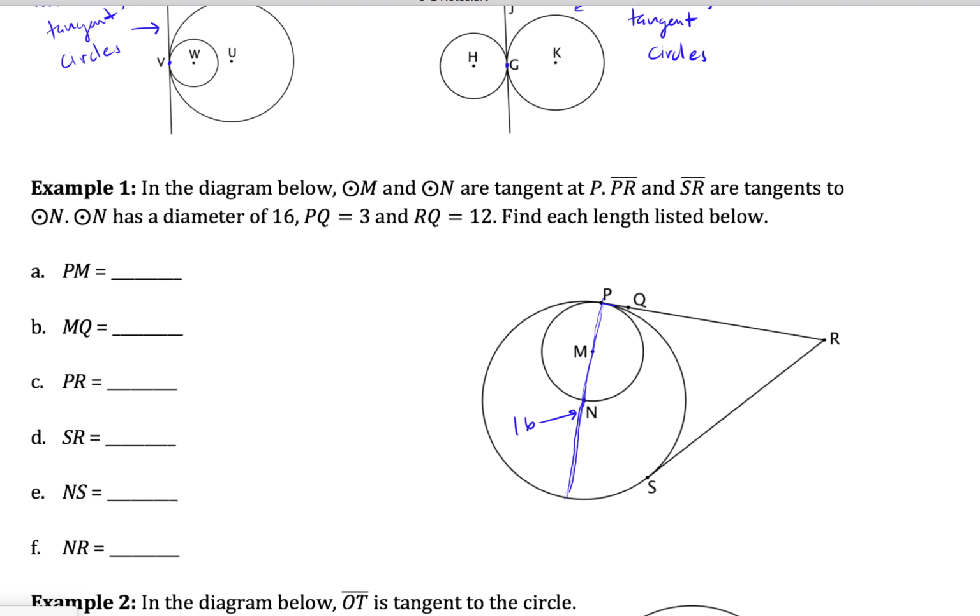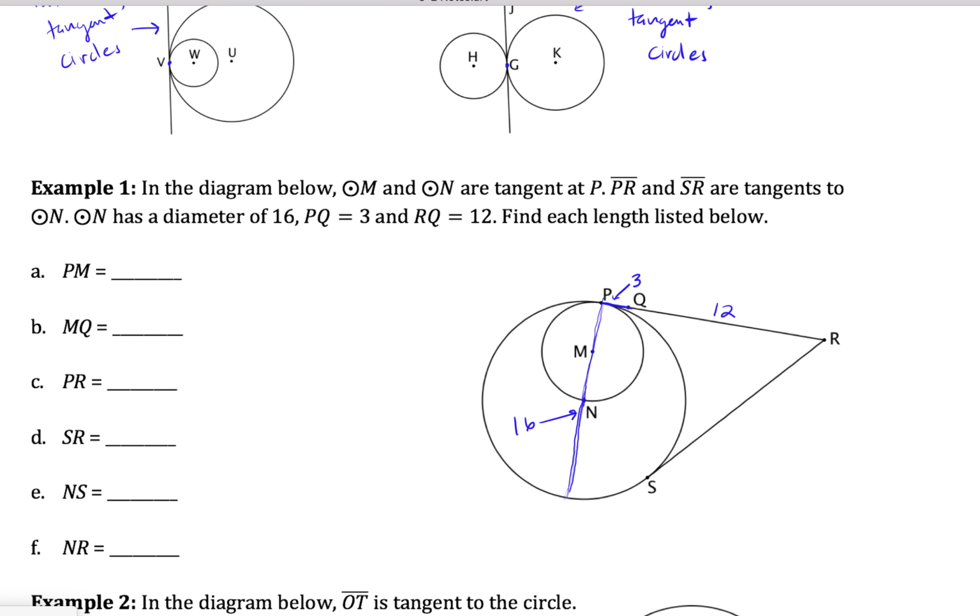PQ, so right here we have segment PQ. Q is some other point on PR. It's not a point of tangency, it's just a point on segment PR. That has a length of 3. RQ has a length of 12. And our job is to find these 6 lengths, all right? Starting with the length of